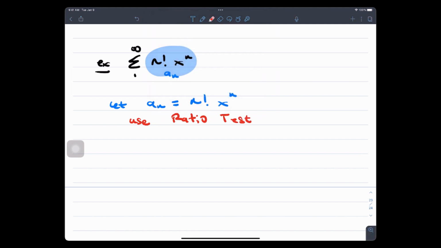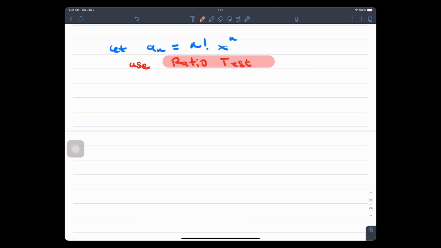So this is going to be using the ratio test. We want to find the values of x for which you have convergence, because there's a variable now. So what would that look like on the ratio test? You have a_{n+1}. If I change my n term to n plus 1, that just changes wherever there's an n. It's now n plus 1. And so now, again, you take the ratio of a_{n+1} to a_n,